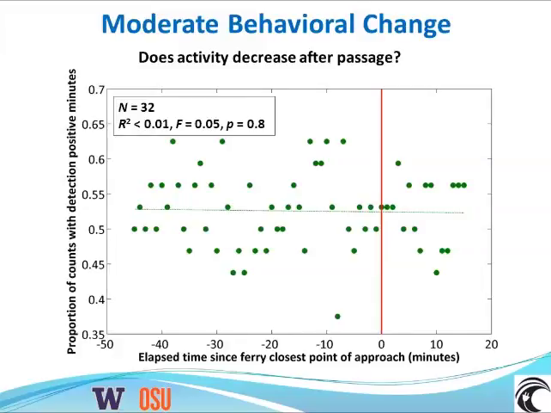A more subtle question might be, do we see a dip in activity as the ferry passes that then recovers? So in this plot, we're looking at the 32 cases where we had an inbound ferry, the first ferry of the morning, where there were no other vessels in the area. How many of those 32 cases, at each minute up until the ferry's arrival and then after it passes, do we see echolocation activity? And the general answer is that we see just a broad scatter in activity. We don't see a distinct trend, and we don't see a distinct dip when the ferry passes, even though noise in the project area is being significantly elevated to the point that we'd expect to see some sort of change.